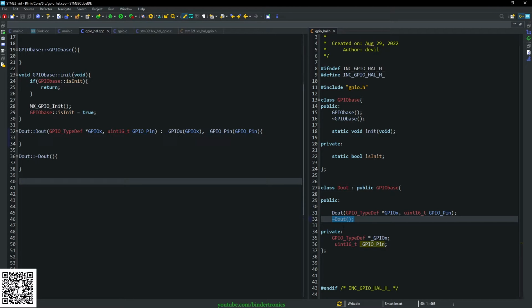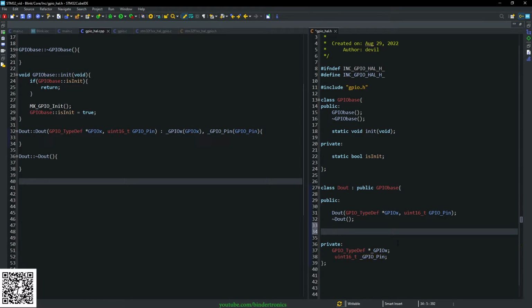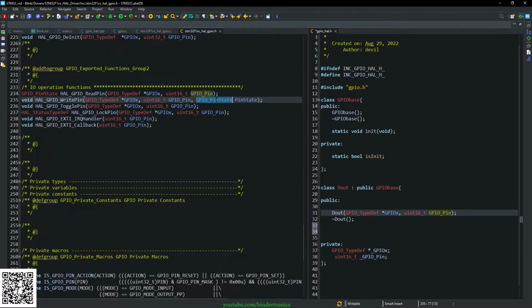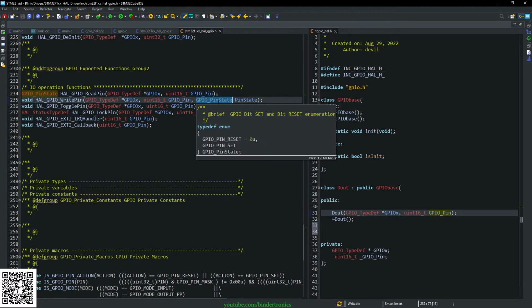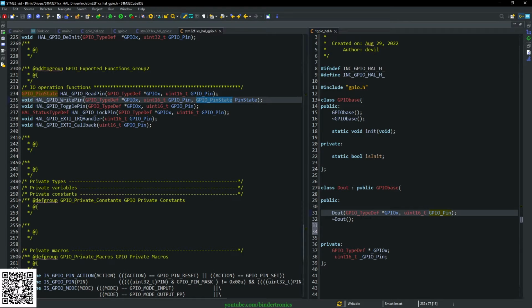So now we need to be able to write to the digital out so that we can actually have something with the output. Actually, now that I think of it, we have to add an initial state. So that's going to be uint. Let me just double check that. And that's going to be of type GPIO pin state. We say pin state. And we add that and we give that name state and we say that has a